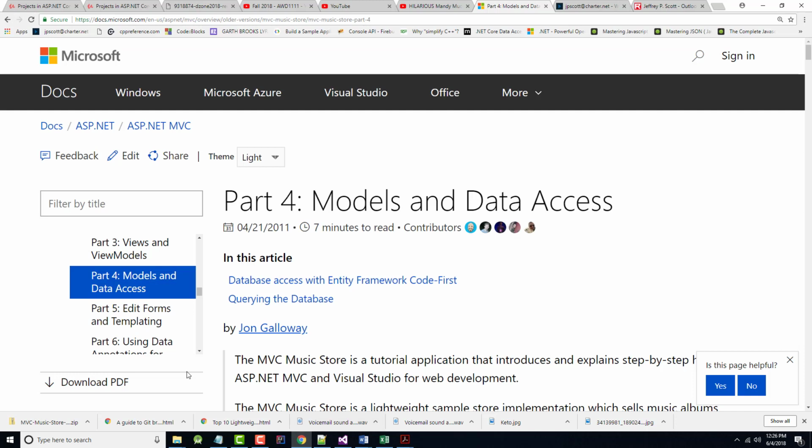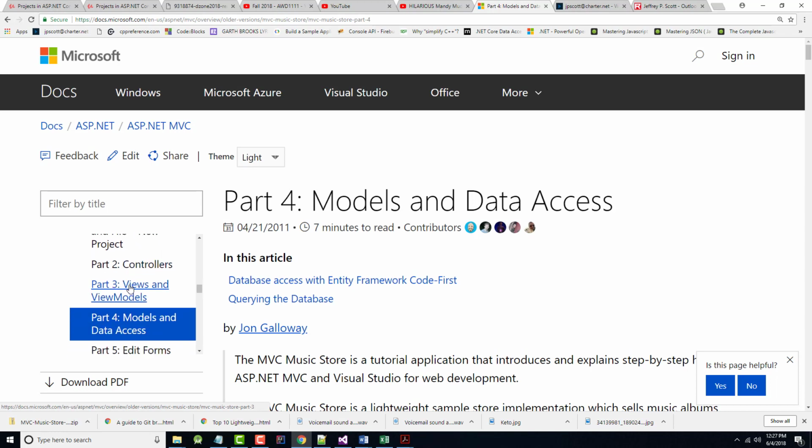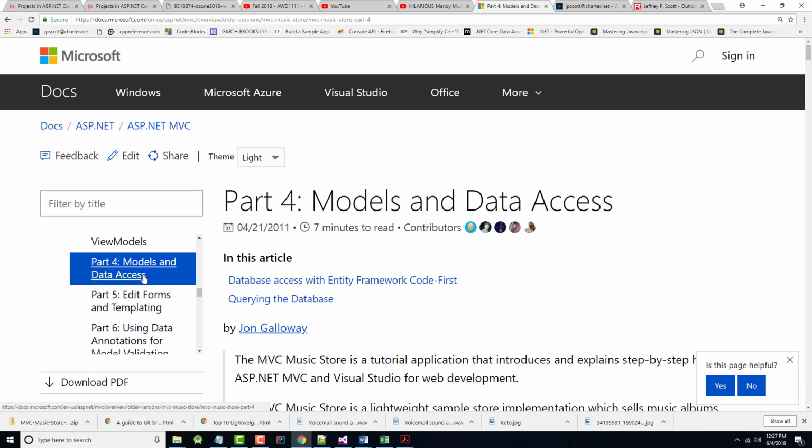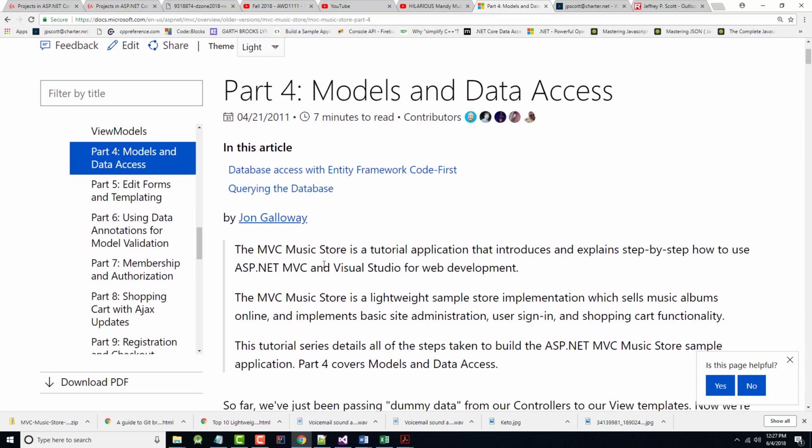Well, I've been going over these lessons, and so far I've done the first three: the overview, controllers, views, and models, and now I'm going to go into models and data access. All right, so that's where I am. And as mentioned right here,